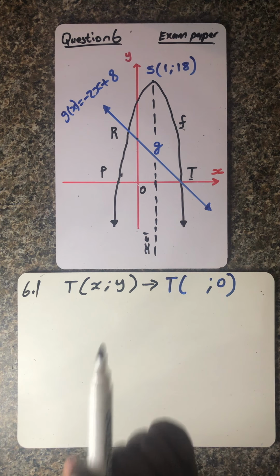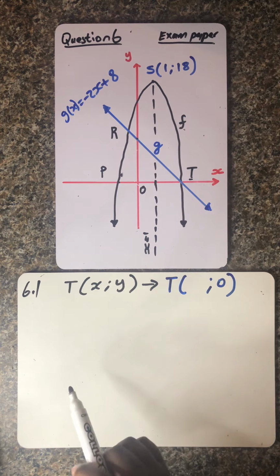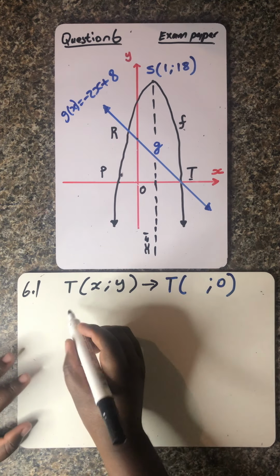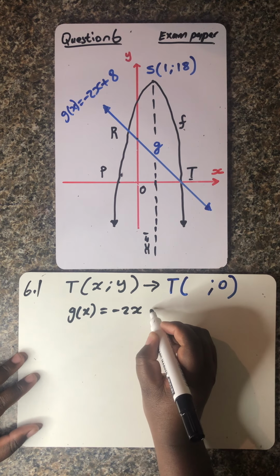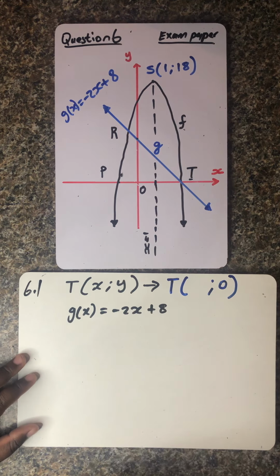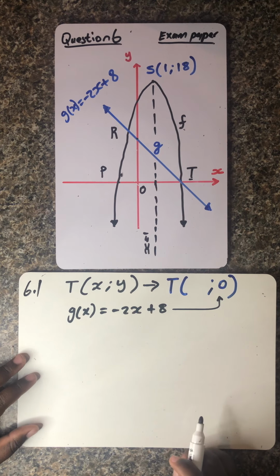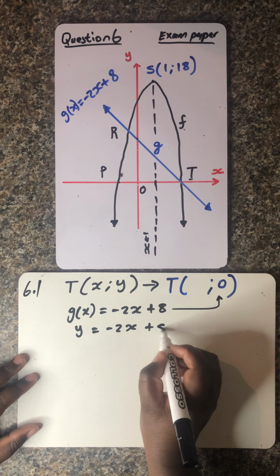Okay, ladies and gentlemen, I hope we both agree that we should use this formula to determine the coordinates of T, which is what the question wants us to calculate. Again, this question is allocated 2 marks, meaning it shouldn't be complicated, it should be a straightforward question. So we know that g(x) = -2x + 8. Obviously, we know the y value, it's 0. Obviously g(x) is actually y, which is equal